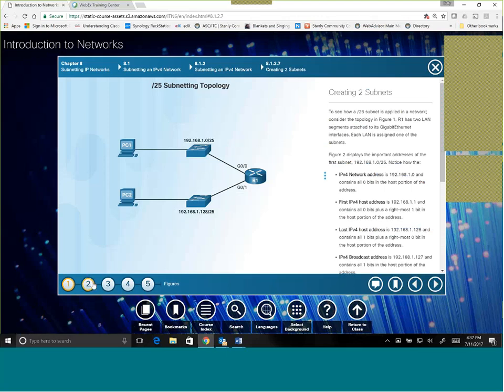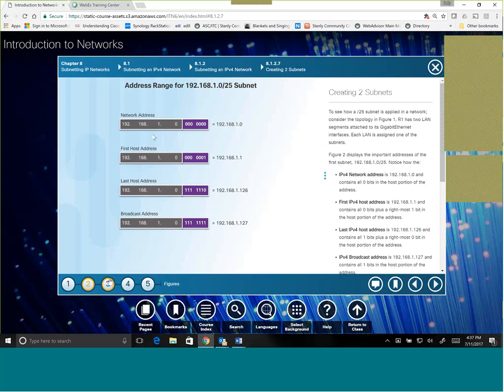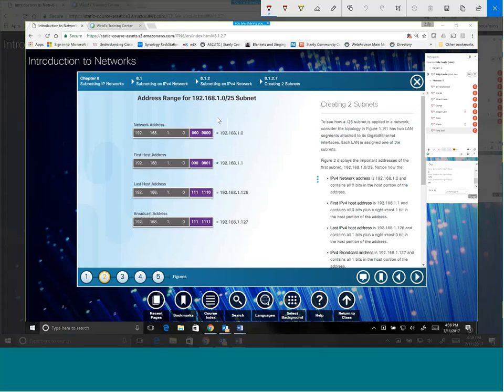/25 topology, they're just walking you through, once again, getting the ranges, which is using that variable. Notice again, and this is very important, something to make sure your students understand, when you borrow that 1 bit, this is the bit position that you borrowed. Notice this is why you can't use 192.168.1.0, because all the host bits here are zeros. You can't use 192.168.1.127 either, because here you see all the host bits are 1s, and host bits cannot be all 1s or